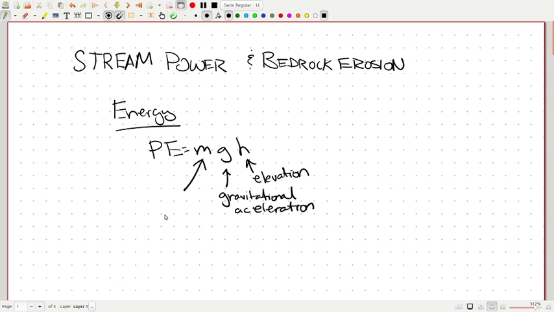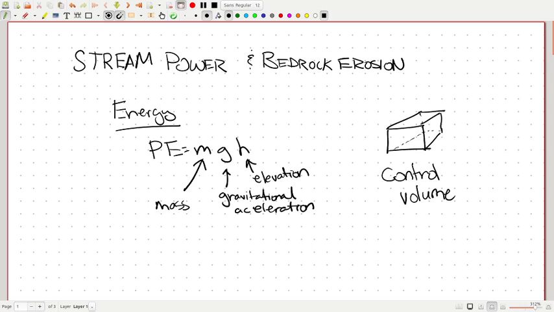And then over here, we have m, which is just mass. And let's actually try to define mass and what we mean by mass with a fluid, because in a solid, we actually have a real object. And so let's take something that we're going to call a control volume. And so this control volume, you can think of as just an imaginary cube that sits inside a fluid column